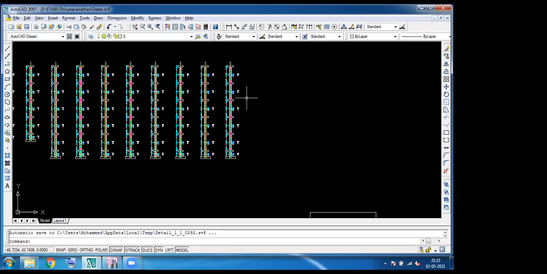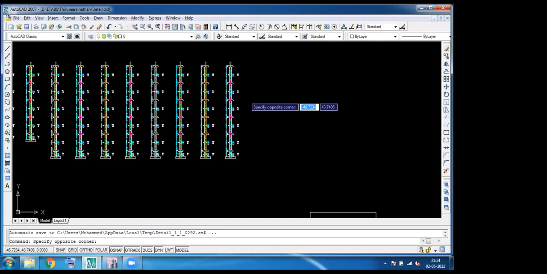Each and every data will be based purely on IS standard codal provisions. I will show each and every data. I will provide you some Excel sheets as well as the codes. What I'm showing right here, I will provide you at the end of the session. You can make use of that, and you can learn everything from this entire session. Hope you can understand this.